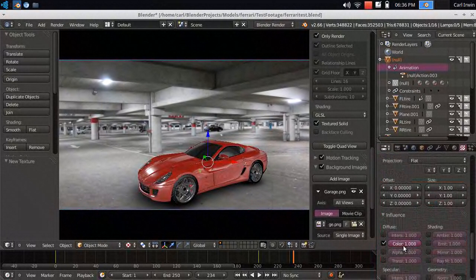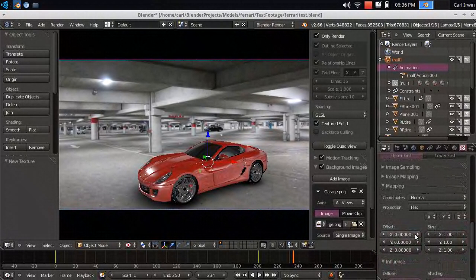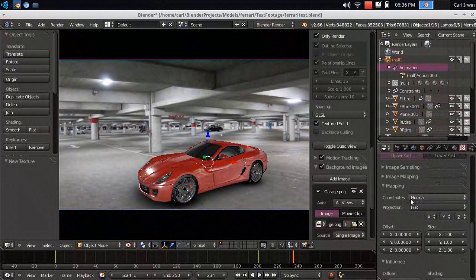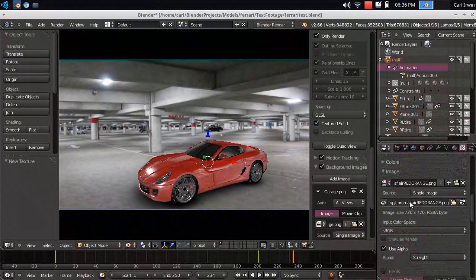The diffuse influence, up to 1, and apply the coordinates as normal rather than as generated, but as normal. And what it will do is